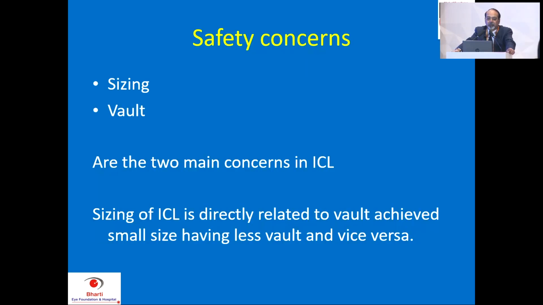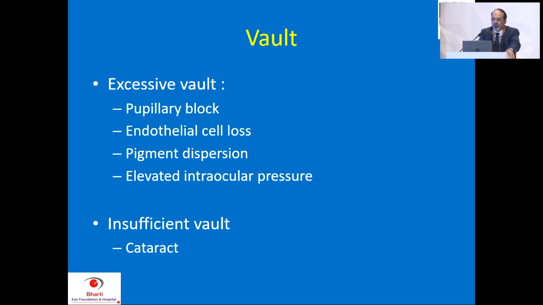So the issue is mainly sizing and the vault, and ICL is directly related to the vault. So if sizing is good, vault is good, otherwise it is not good at all. Excessive vault causes pupillary block, endothelial cell loss, pigment dispersion, and also the problem of corneal opacification at the area where the vault is extra and it is touching the endothelium, and insufficient vault causes